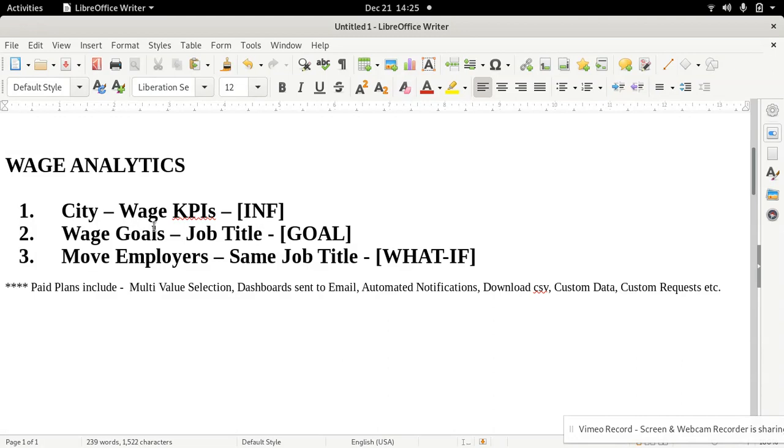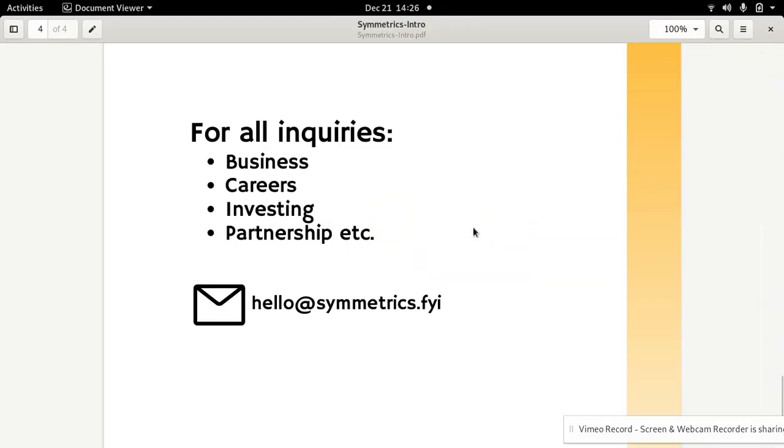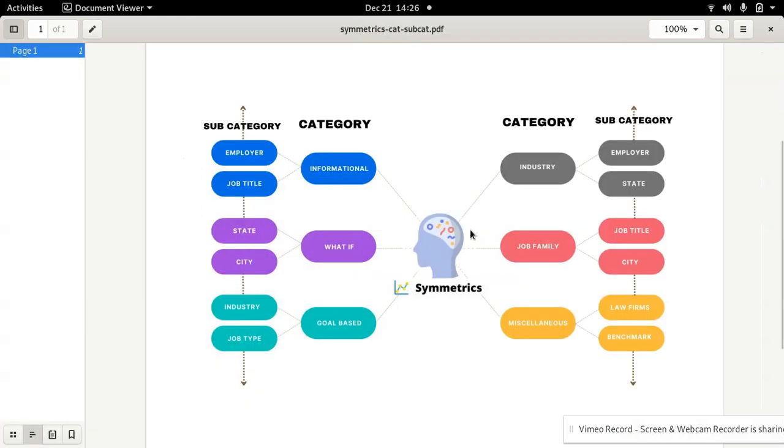We'll walk through each of these three dashboards in the portal. City wage KPIs, wage goals, job title, which is under the category goal, and the previous one is under the category information, and moving employer, same job title, wage, under the what if category. Now, overall, the reports are organized in a specific format.